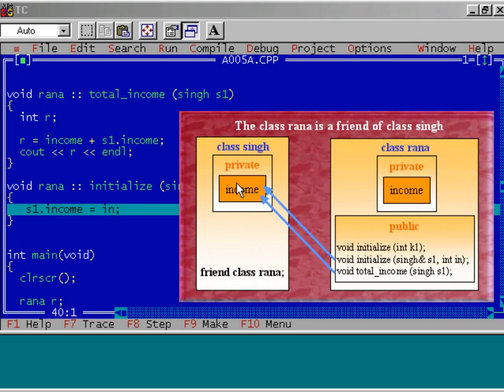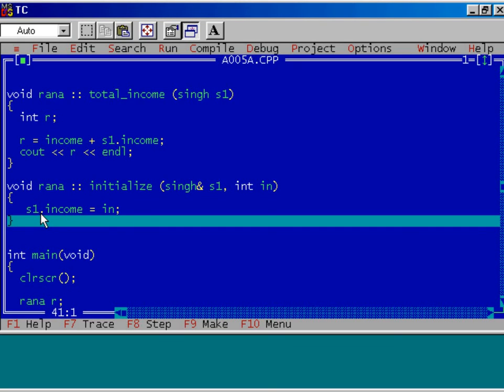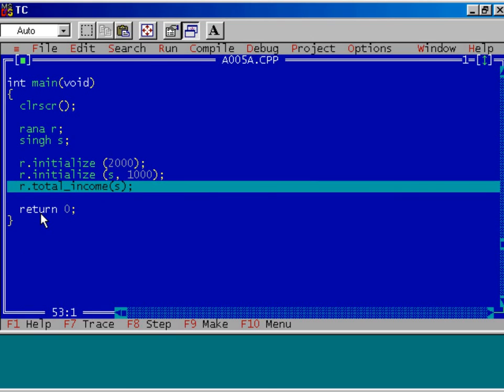This member function can access S1.income because entire class Rana is a friend class of this class, and that is why we can access S1.income using this member function. Is it clear to you? Well, press F7 key, press again F7 key, and observe the next statement.